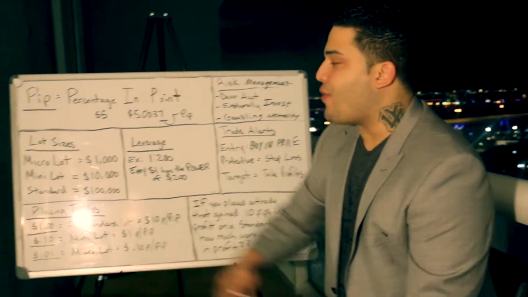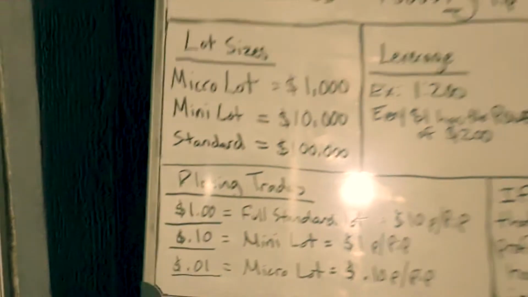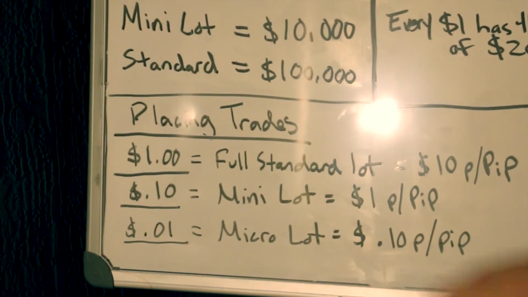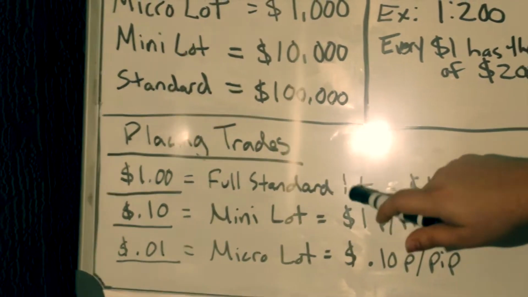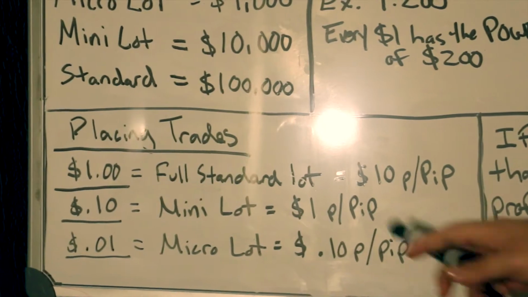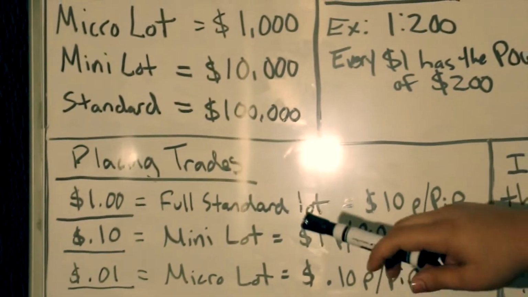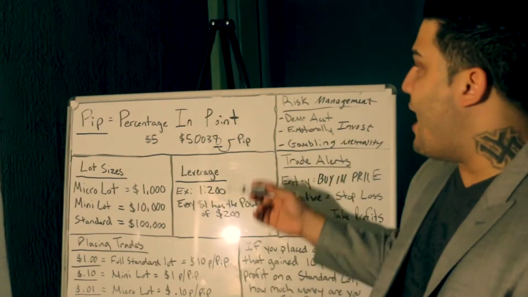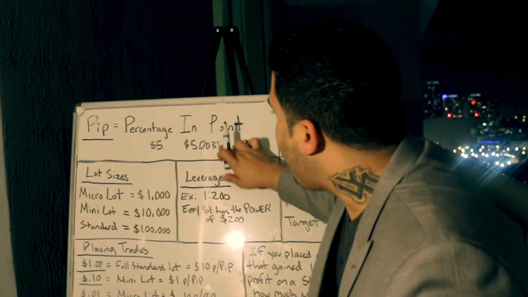Now, when you place trades, it's important for you to know this. When you place a dollar lot on a trade, you can only do that if you have the power of a full standard lot in your account, okay? Now, when you gain in profits or you lose profits, it's $10 per pip. If, let's say, it started at 7,